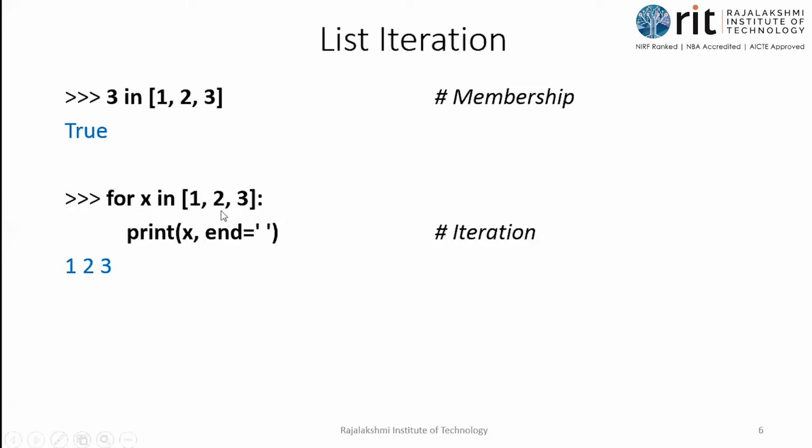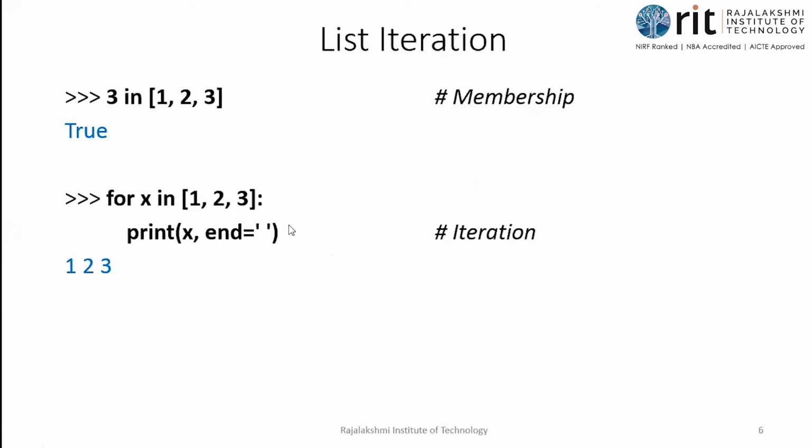Second iteration, x takes the value 2, isn't it? So print x, 2 will be printed. Then, add white space. So 1 white space, 2 white space, 3. 3 or white space, because third iteration, 3 print, I have this end, isn't it? Delimiter. So, இங்க இருக்கு எனக்கு and the white space இருக்க போது அதுக்கப்புறம் it goes to the fourth iteration and I don't have any more values. Okay, there are no more values in the list, so I'll come out of it. And the 3 அப்புறம் இருக்க white space ஏன் நமக்கு தெரியலனா அதுக்கப்புறம் இருக்கிறது எல்லாமே white space. That's it. Instead of white space நீங்க star யூஸ் பண்ணி பாருங்க, you will get that as the answer.